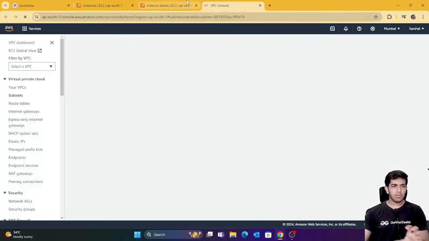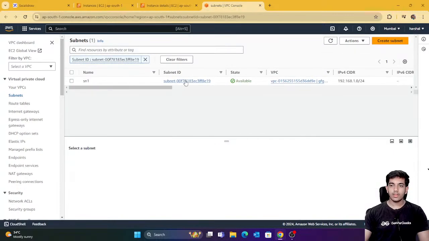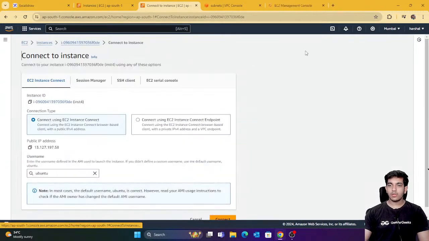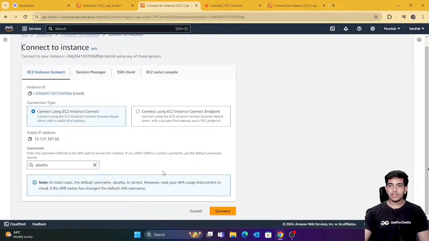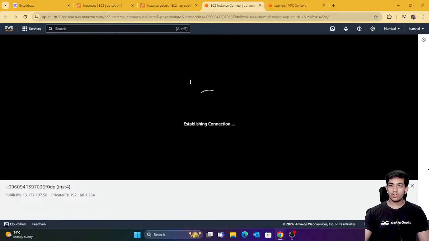So this instance inst4 is connected to subnet 1. If I go to connect and click on connect, you can see that it is trying to connect,